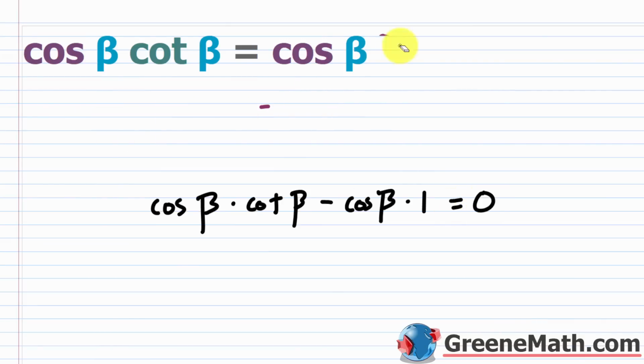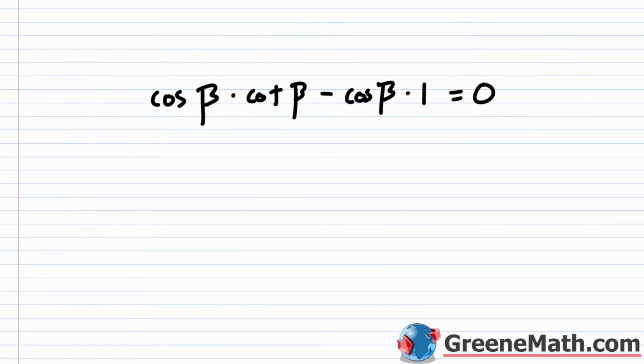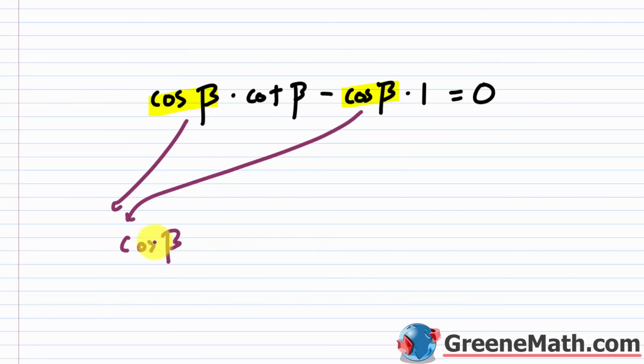Let me actually get rid of this because we're going to come back up and use that in a moment. So let me slide down here just a little bit. And I'm just going to factor out the cosine of beta. So this right here is going to get pulled out in front of some parentheses. So you have the cosine of beta times the quantity. Inside, you would have the cotangent of beta. And then minus, if you pull this out, you would have your 1, and then close that down, and this equals 0. So we're now going to solve this using the zero product property, or you can call it the zero factor